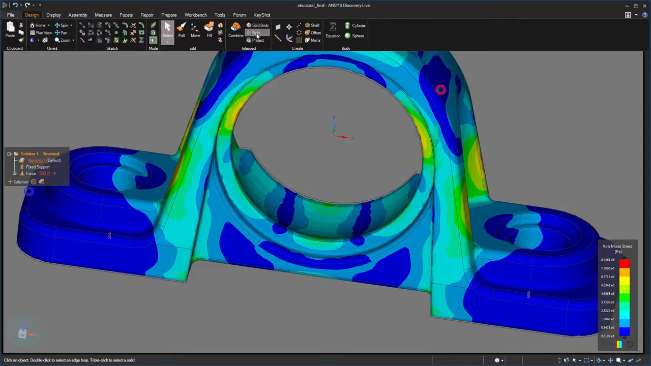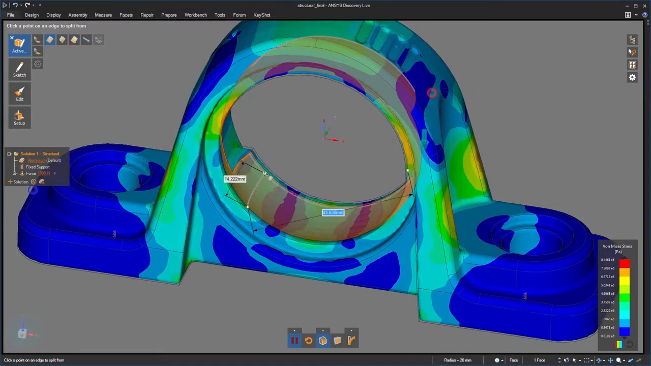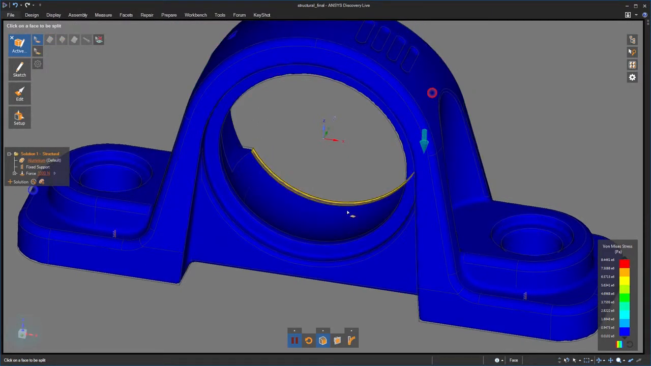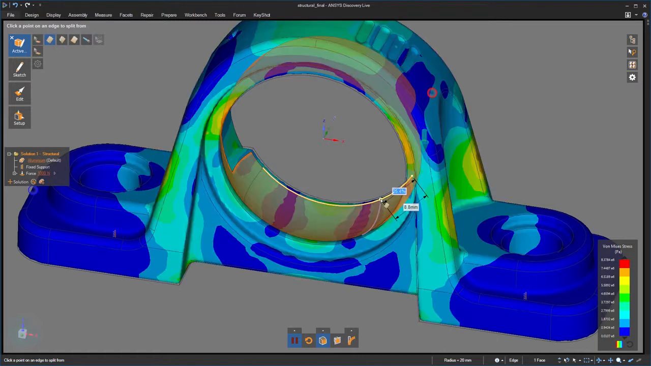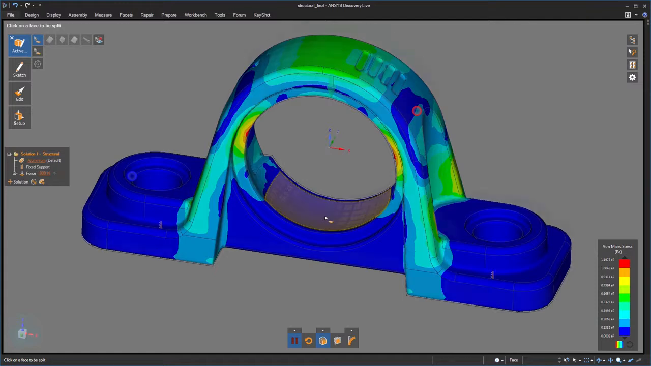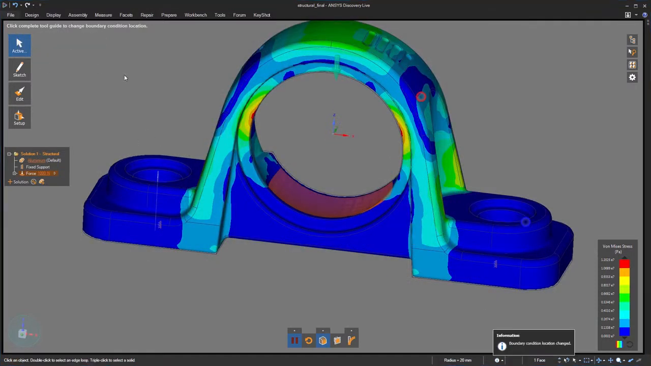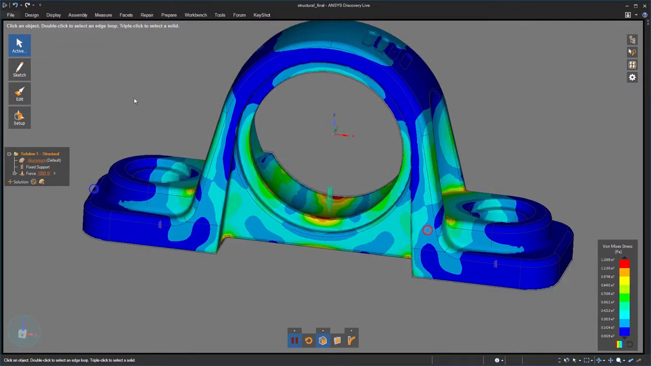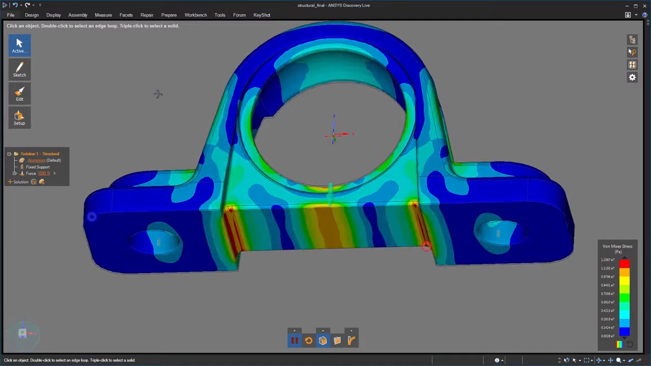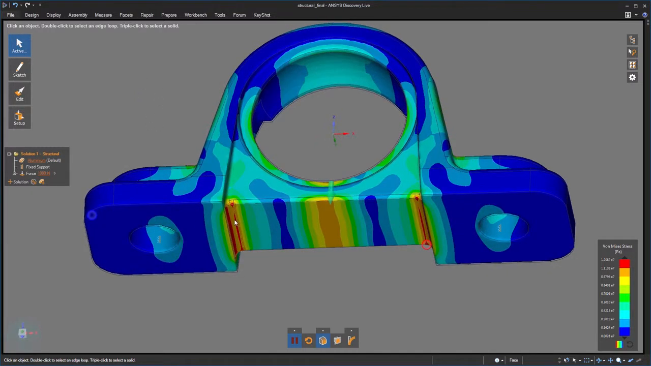Discovery Live has geometry editing tools that are just as easy to navigate as the simulation tools themselves. It's simple to do an approximate partition of this face into two regions, then make sure the load is applied to the lower face since I'm testing a downward force. Now that my setup more closely resembles real-world conditions, you can see the high stress concentrations towards the bottom of